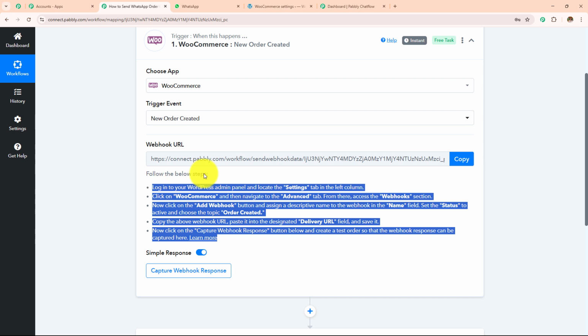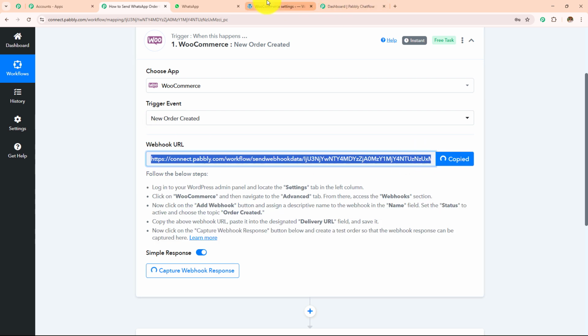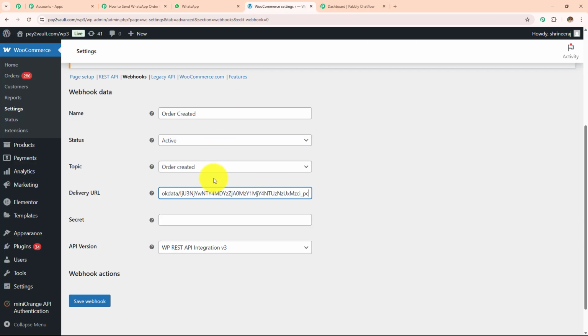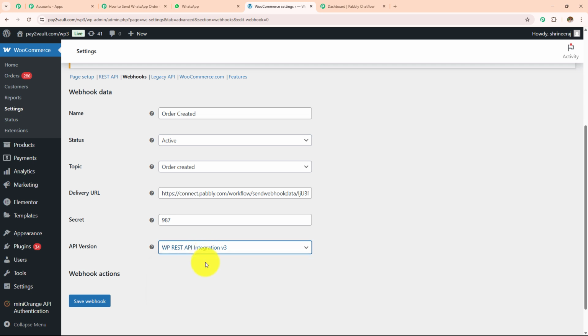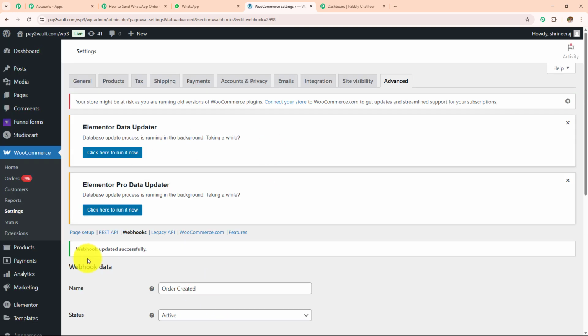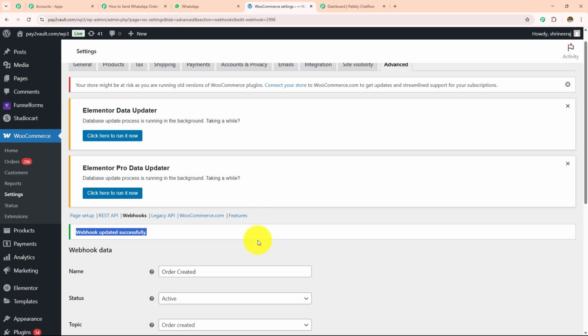So this is the same webhook URL which I need to enter in this delivery URL. So I'm going to copy and paste that. Next, I need to enter this secret. So I have entered 987, and then in this API version, I'm going to select WP REST API integration v3. Now I simply need to click on save webhook and you will see that the webhook will be saved successfully. So here, webhook updated successfully and I should have received a response as soon as I've added this